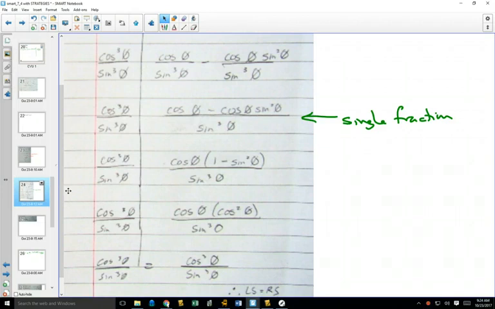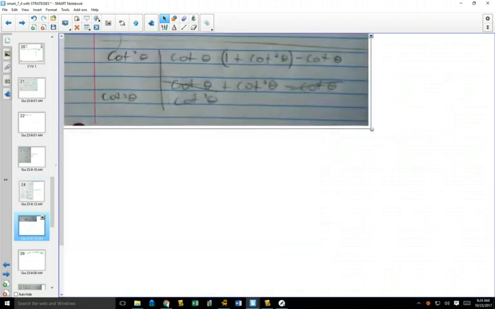So then someone else came up with this proof, which, as you can see, is quite a bit shorter. Okay? It's beautiful. It took them like 2 lines. What did they do? They changed the cosecant squared to 1 plus cotangent squared, because that's one of our new identities. Cotangent squared theta plus 1 equals cosecant squared theta. And at this time,